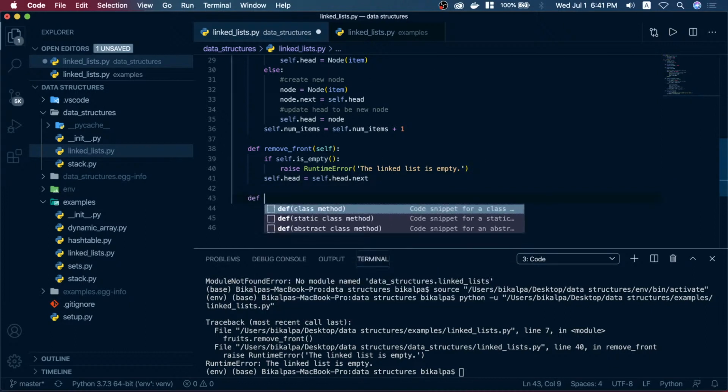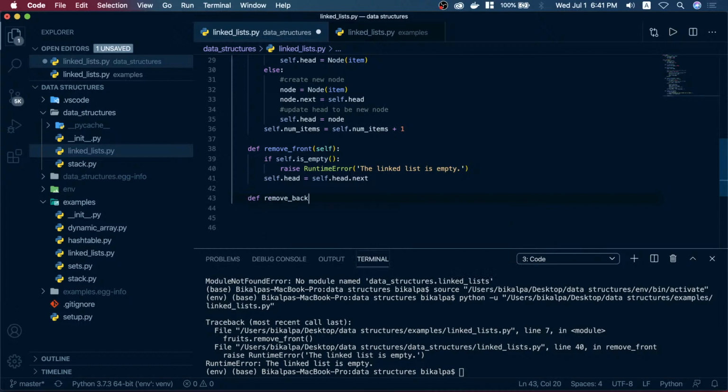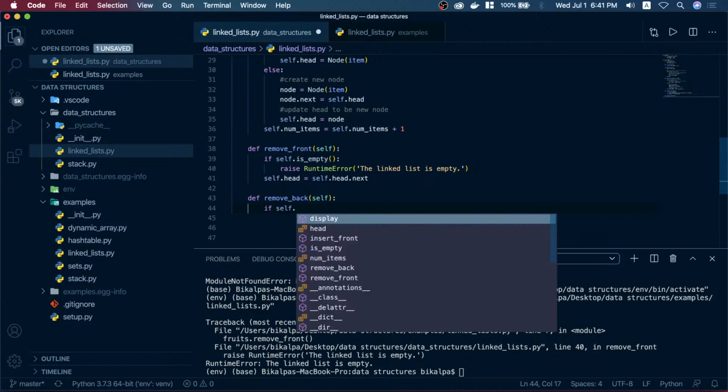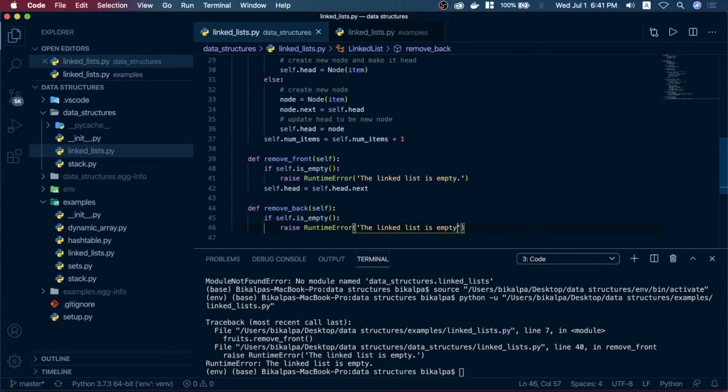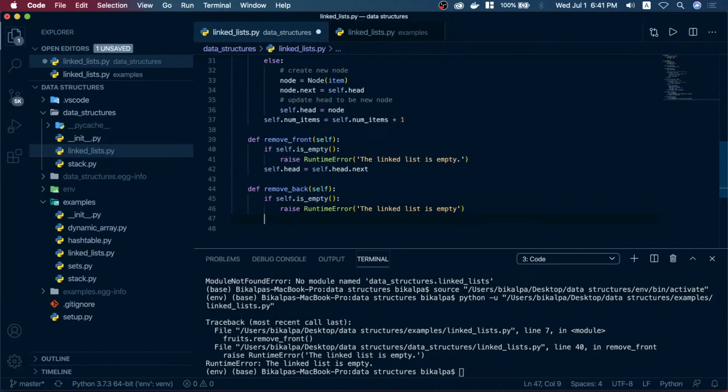So let us write def remove_back(self). We try to remove the element from the back of the linked list. For that, we will look at the different cases. Basically, first of all let's check if self.is_empty, then just raise a runtime error: the linked list is empty. Else,